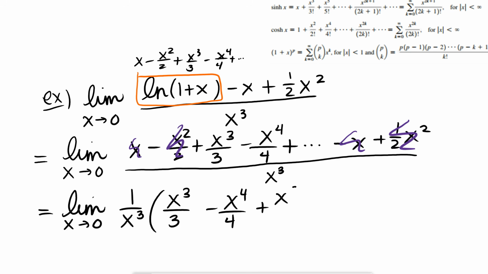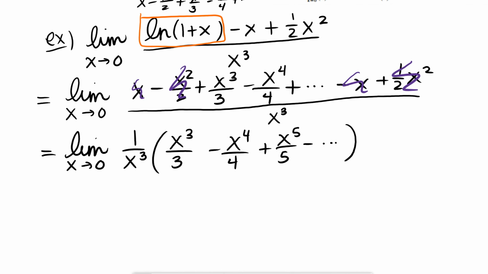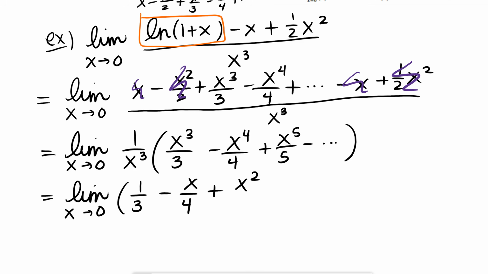This would be x to the 5th over 5, right? Minus x to the 6th over 6, so dot, dot, dot. And now if I divide every term by that x cubed, notice how nice this is. I would get 1/3 minus, put the x cubed in, I get x over 4, plus x squared over 5,